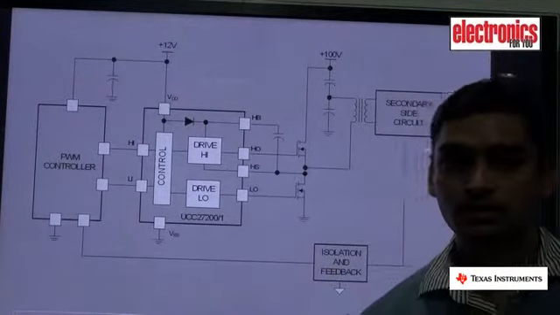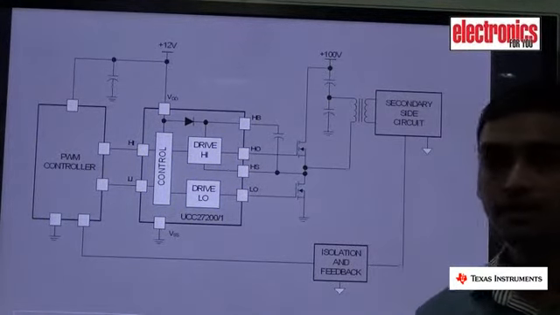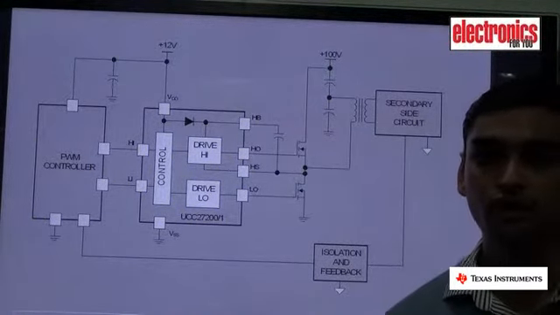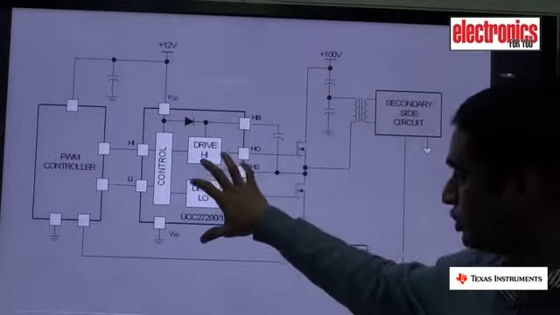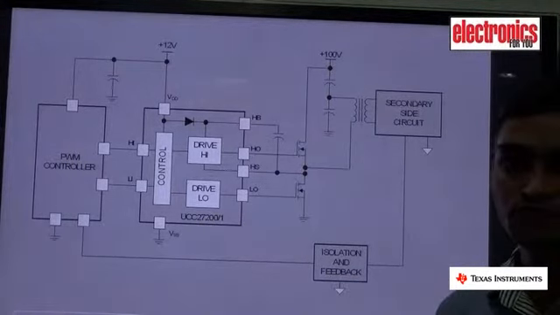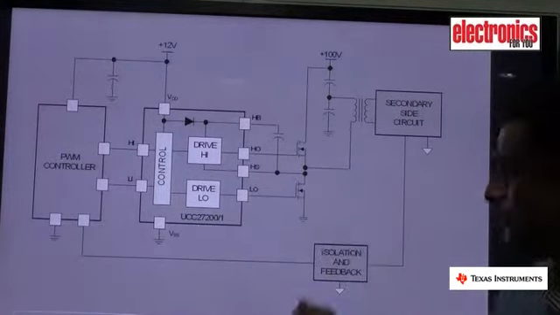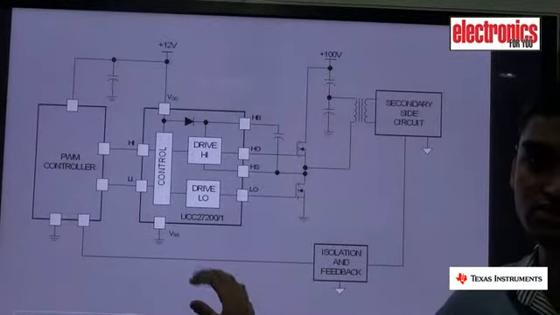The MOSFET driving capability of these drivers is around 3 amperes, and they can address inverters ranging from 800 VA to 3 kVA. You use each UCC27200 or any half bridge MOSFET driver to drive each half bridge. So to drive a full bridge you need two different sets of ICs.